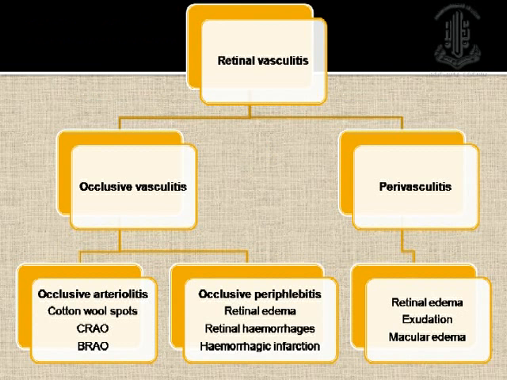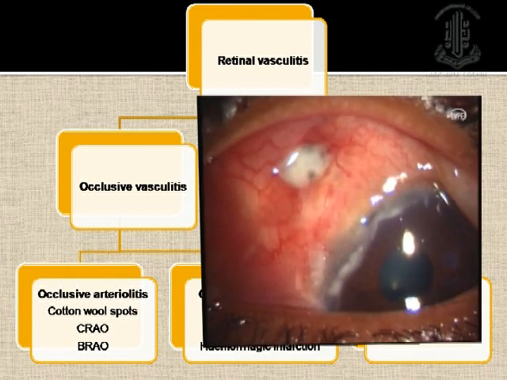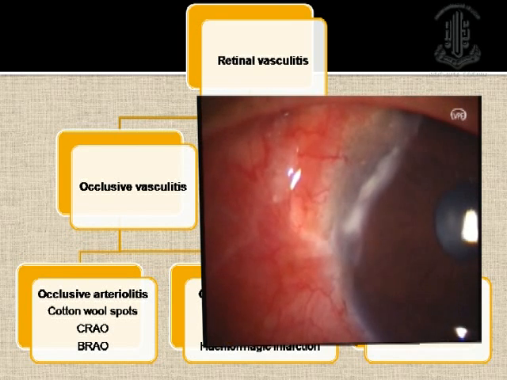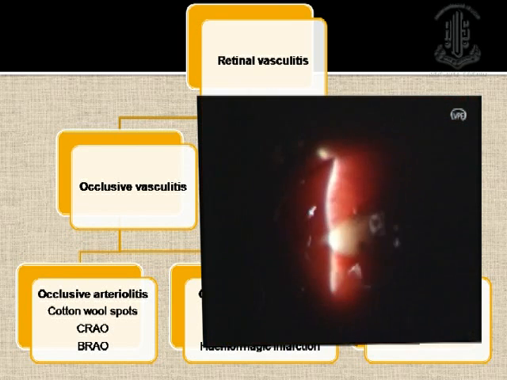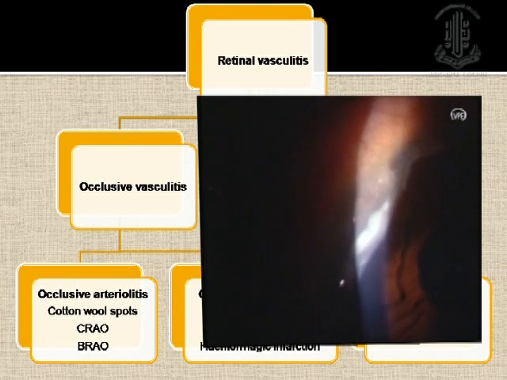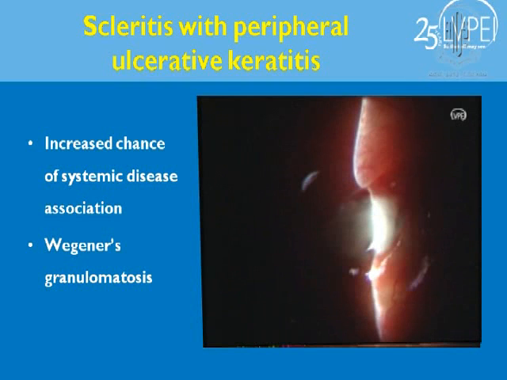A patient who walks into your clinic with peripheral ulcerative keratitis has a highly increased chance of an association with systemic disease. This is a 45-year-old lady who walked into our clinic. She had this peripheral ulcerative keratitis, very congested episcleral tissue and conjunctiva. And what you noted is this area of melt in the scleral region. After various diagnoses, first we thought of infection and then we kept investigating the patient. Finally, we discovered that the patient has Wegener's granulomatosis based on ANCA positivity and also biopsy, a lymph node biopsy subsequently. This patient did very well after we started immunosuppressive therapy.